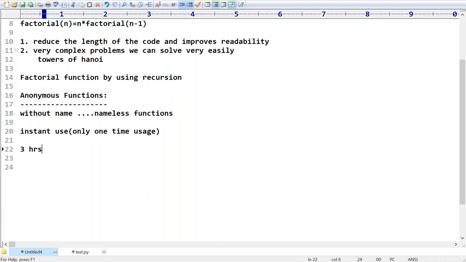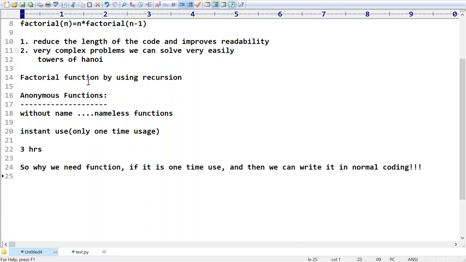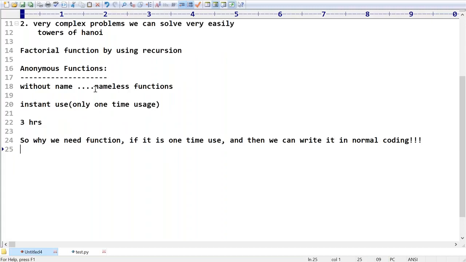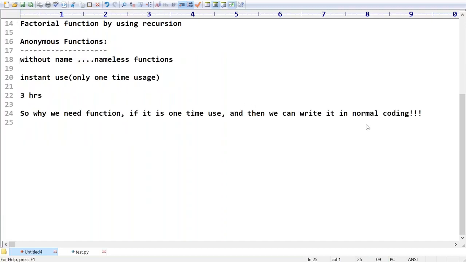Rishi is asking a very interesting doubt, sir. Can you please observe that? Some people may have this type of doubt also in their mind. Excellent doubt. If it is one-time use, why do we need a function? We can write normal coding, right?